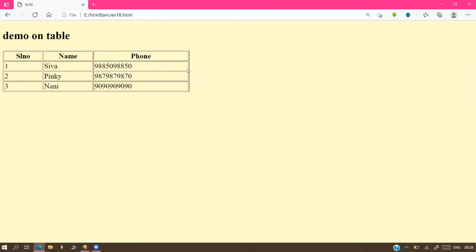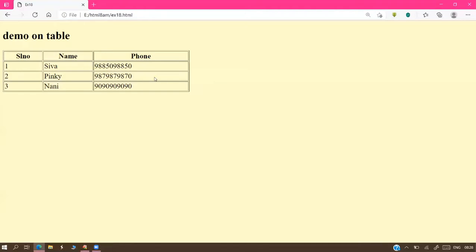So 400 pixels width. Then what about the height, sir? Height, you don't use for tables. Better avoid setting the height of tables. We always use width only. The reason is the height of the table is decided by the number of rows. If you set a fixed height, sir, and more rows come, it's a waste. If you give some fixed size and that number of rows is not available, space is wasted. So that's why don't touch the height property, especially in tables. Better go for width only.